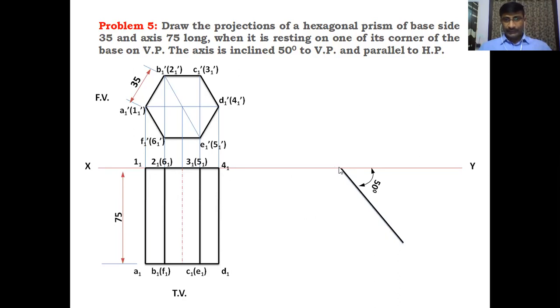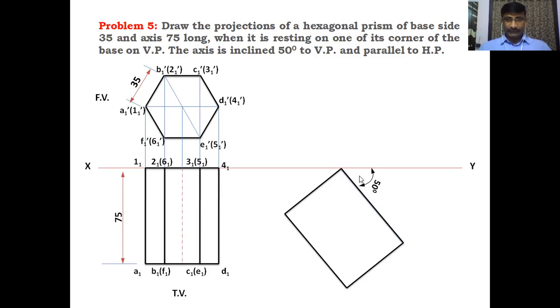Locate any point on XY. Draw an inclined line at an angle of 50. On that inclined line, draw a dark line whose end points are 4,1 and D1. This solid will be rotated at an angle of 50 degrees. Draw a perpendicular line from that XY line point and a perpendicular line from the end point, and join these two. This looks like a rectangle, which is the rotated view of the first top view. This is the rotated view, which makes an angle of 50 degrees.